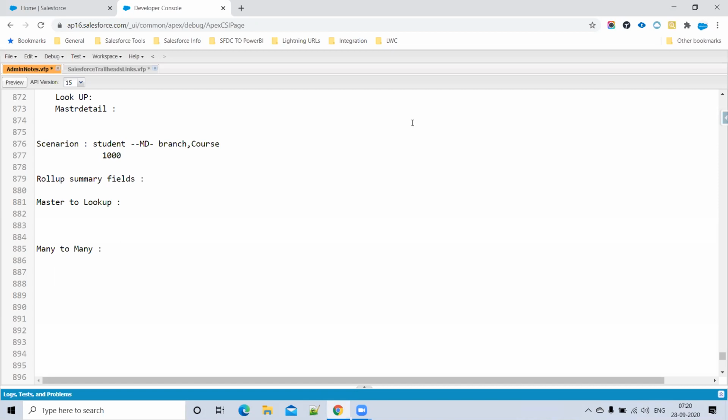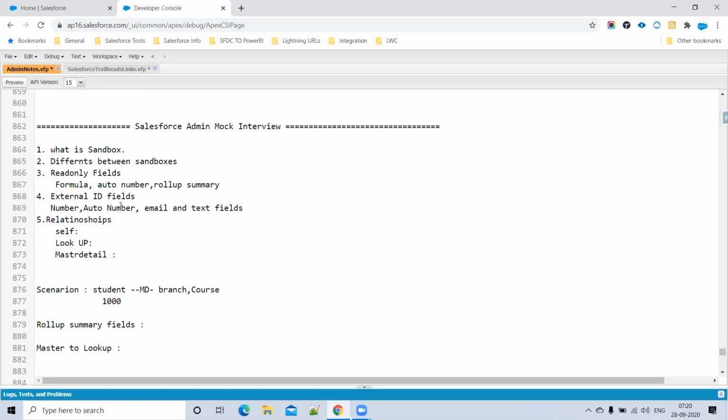What is hierarchical? Bhagat, where can we create this relationship? This can be found only in user objects, like the relationship between the users. It is only used for creating custom fields. Correct. So this is available only in the user record. If you want to relate one user to another user, then we'll use a hierarchical relationship. Like a team lead, a manager, senior manager. Okay. Good. All the relationships are done.